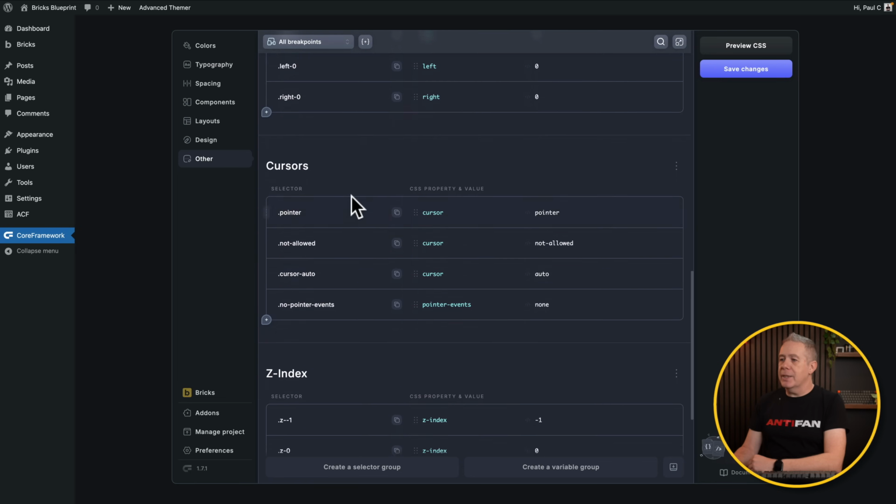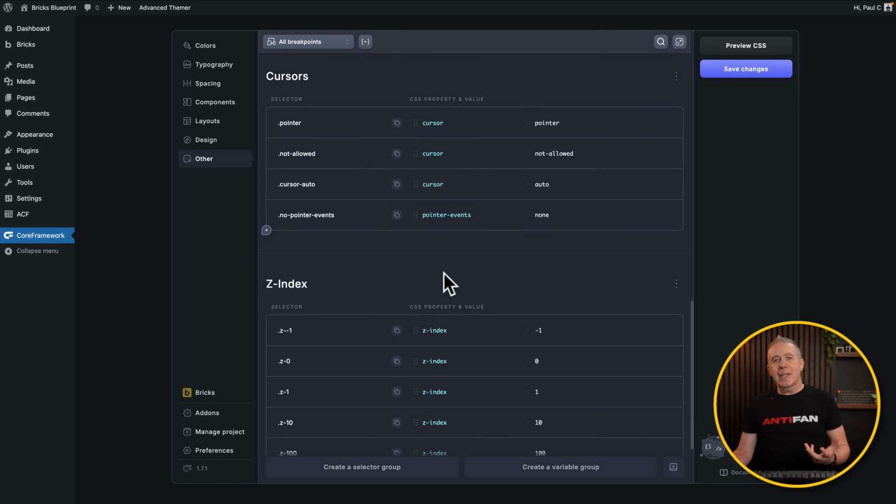Positioning, you get the idea with it. So once you've set everything up inside here, hit your save changes, and then that's connected up through into your copy of WordPress and Bricks. So let's take a quick look at some of the other things that you may want to set up inside